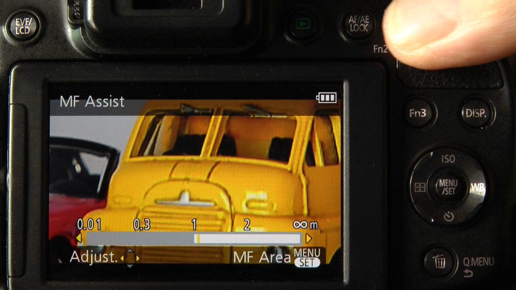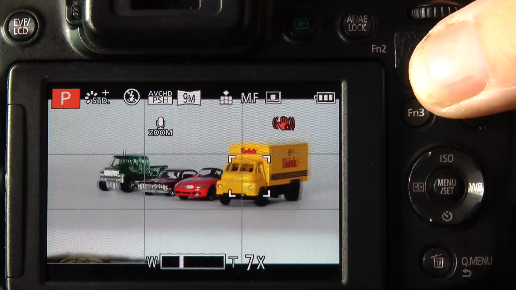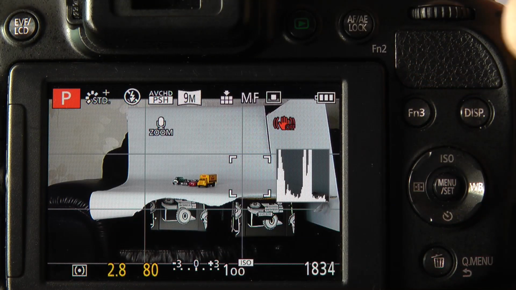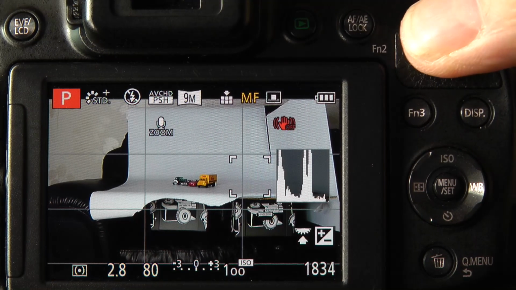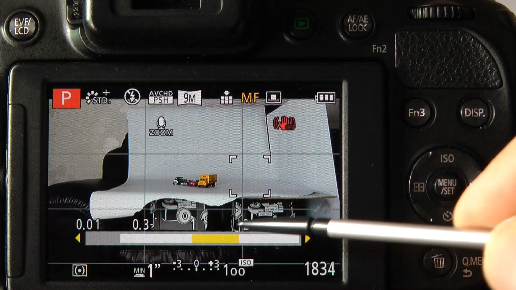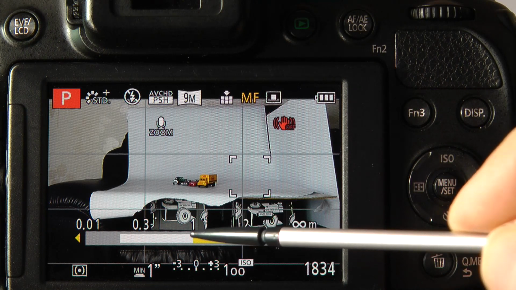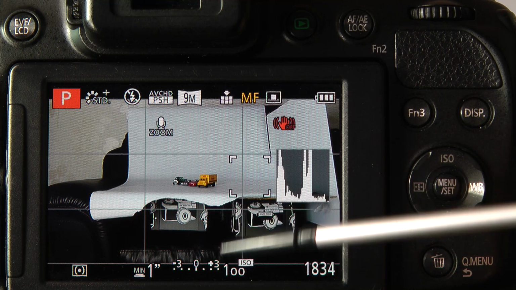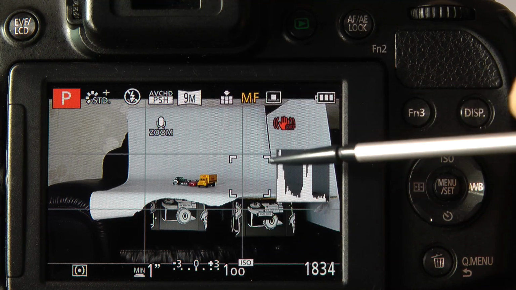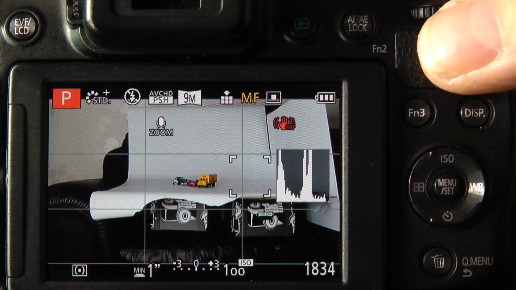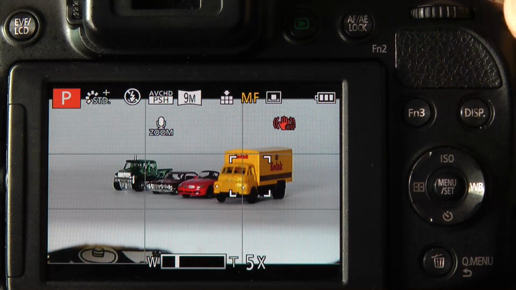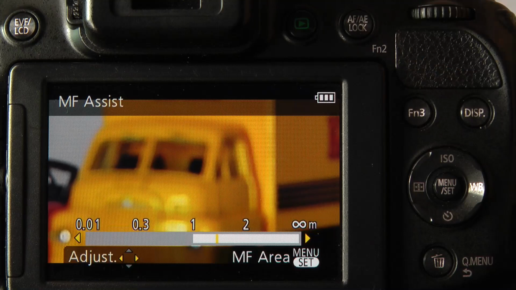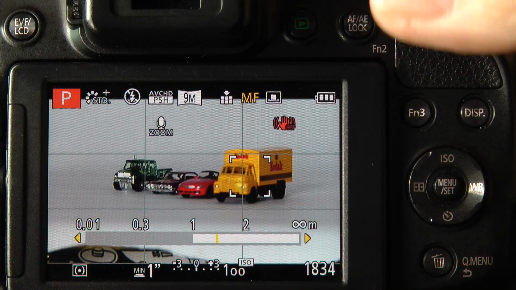If I zoom out slightly, when I go into manual focus now, you can see that the depth of field is much larger, and that is because of the change in the focal length of the lens. The wider the focal length, the more depth of field you'll have. So you can see in the subject now we've got the front of the image and the rear in perfect focus. So the more telephoto you set on, the narrower the depth of field becomes.